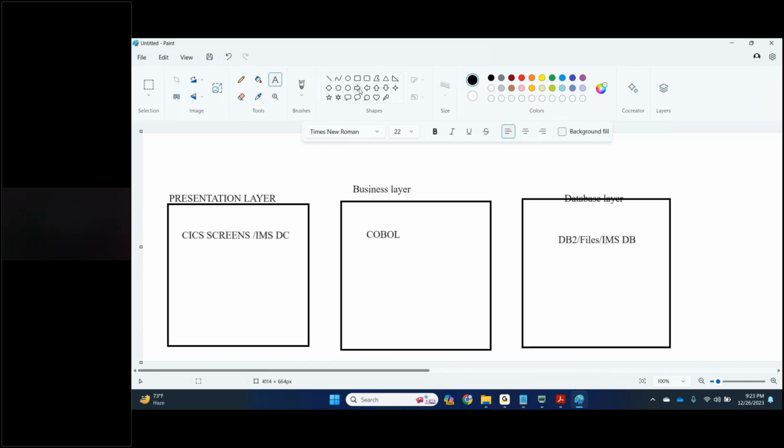Based on that option, the operation request goes to COBOL. If it is needed, it will pass it to the database layer. Once you type some number, that will be passed to COBOL. COBOL sees what the end user typed and what response we should give back.